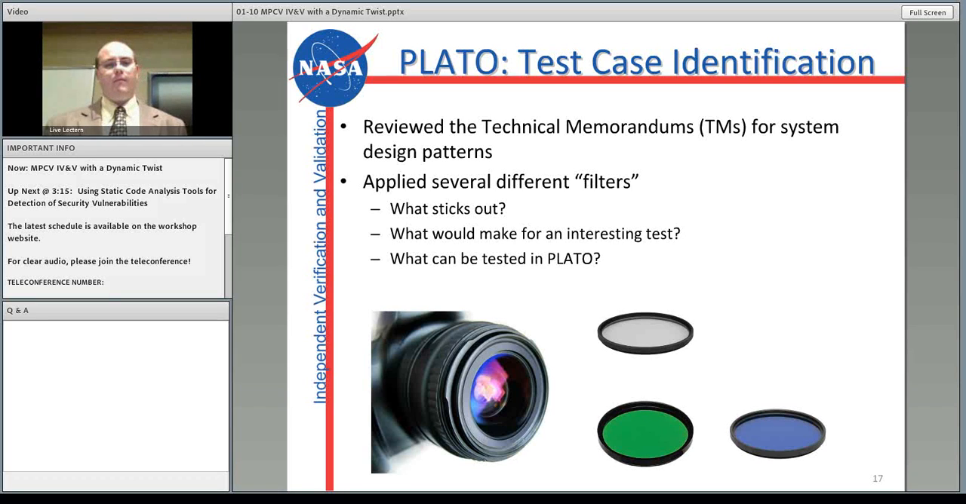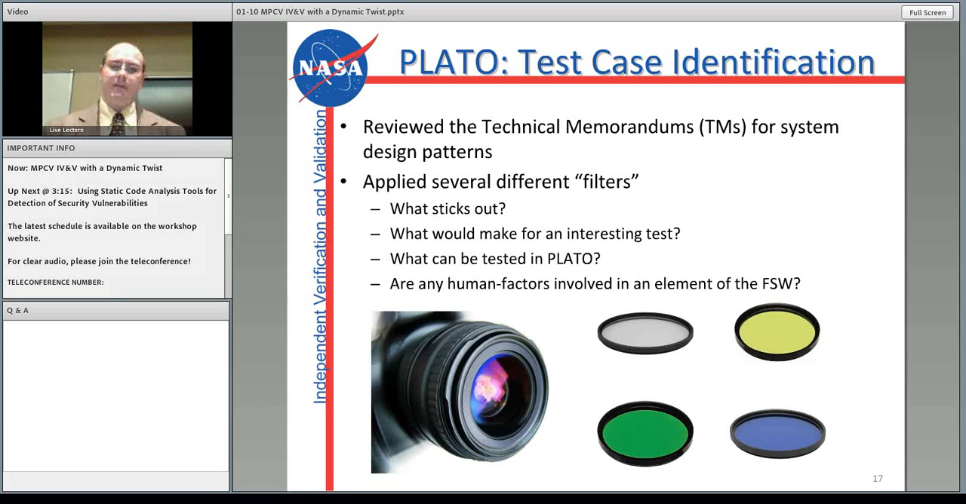Another filter we had to apply was what can be tested in PLATO. PLATO is a very capable system, but every test simulation system has its limits. And so we had to make sure that our test was within those limits. And finally, something else I personally like to ask a lot is, what are the human factors involved in that